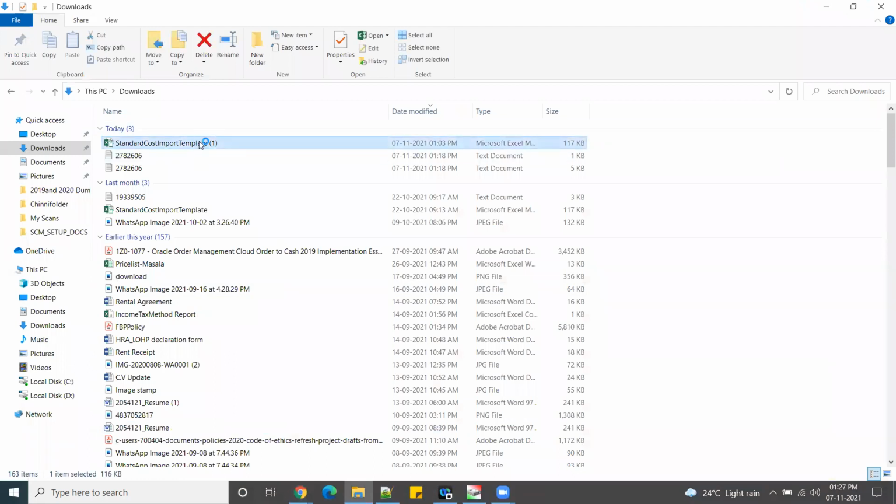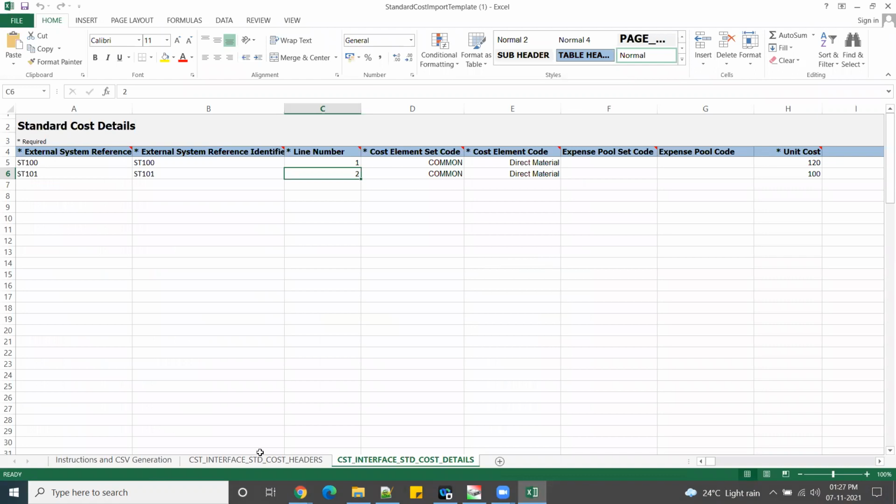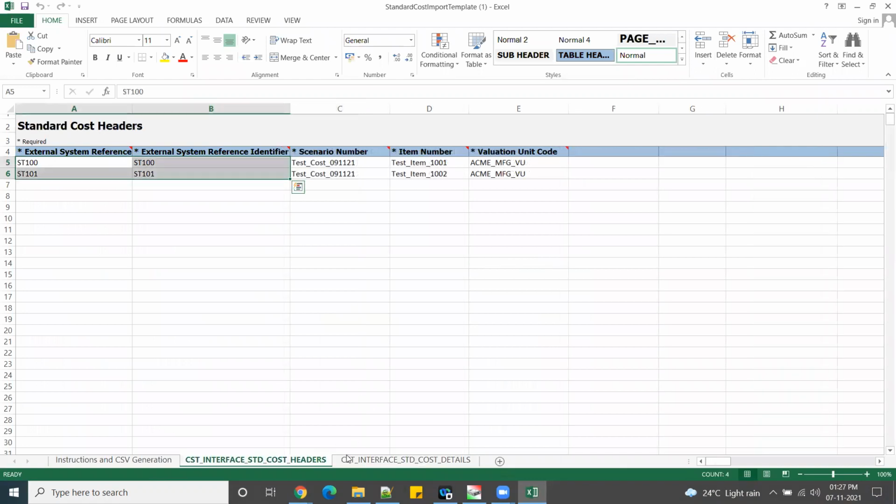open this file. You prepare the data for two sheets. We have only two sheets here: the header and detail sheets. In the header sheet, the external system reference and identifiers are unique for every sheet.